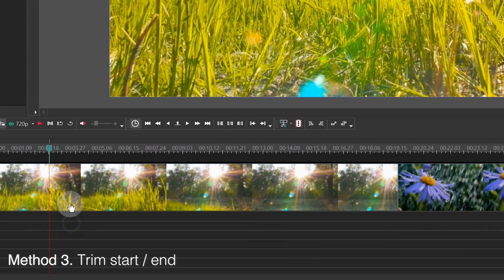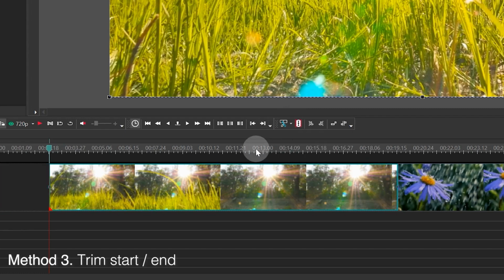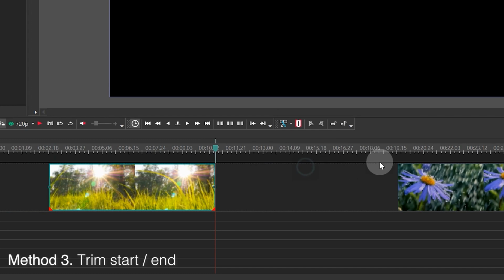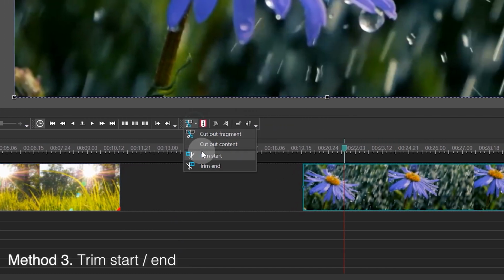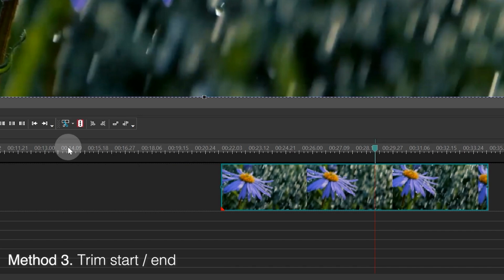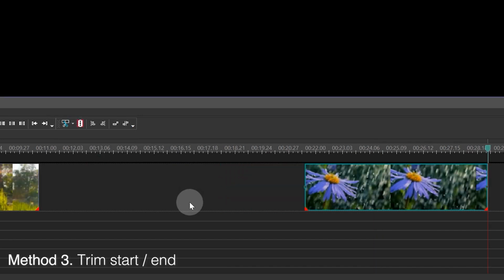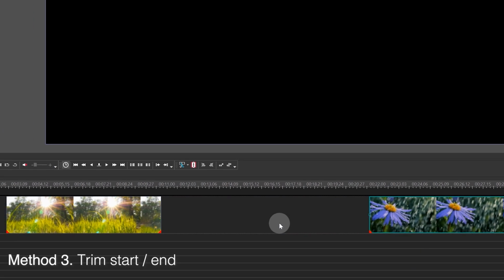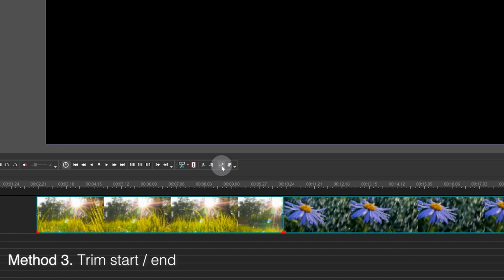Here's how it works. Select your file, choose where you want to cut it, and then either trim the beginning or the end. Now, if you do it like this, you might end up with a lot of empty gaps on your timeline. But don't worry, there is an easy fix for that. Just select all your video clips on the timeline and hit the Set Blocks Order button. This will clean up your timeline in a snap. And just like that, with one click, all the gaps between your video clips will disappear.